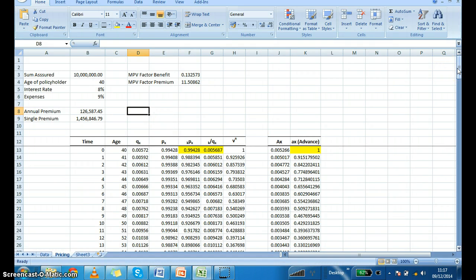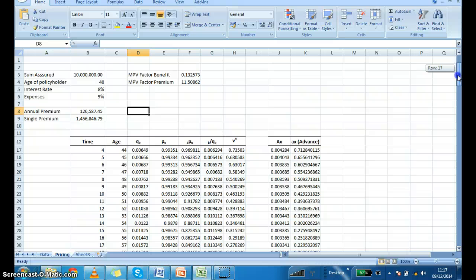Later on we'll work out more complex products, more complex life insurance products, and I do hope that you will enjoy further